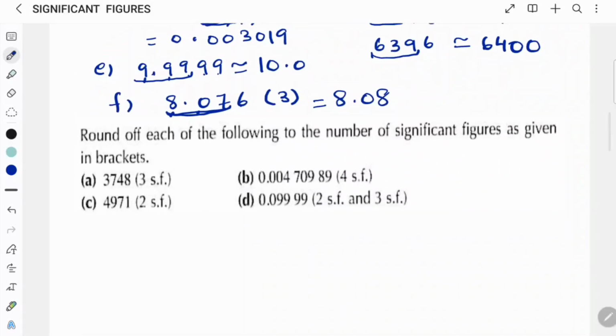Now the next question, 3748. This is a 4 significant figure number. 3 is ending here, so we can write down 375, but we have to put an extra 0 because it is 3000. Part B,